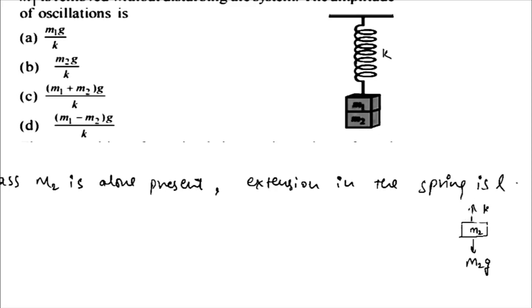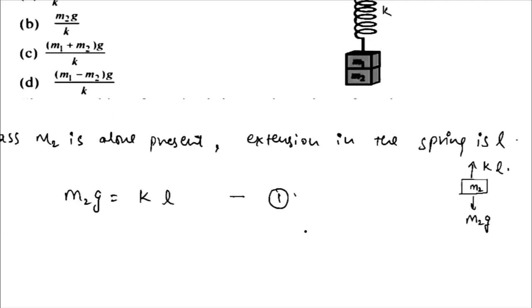Which is equal to k into L, because k is the spring constant and L is the extension in the spring. So we can write that m2g is equal to k into L. This will be our first equation. Now the second equation is